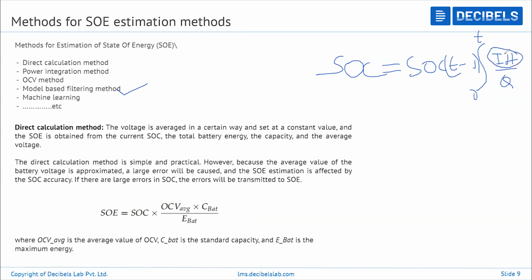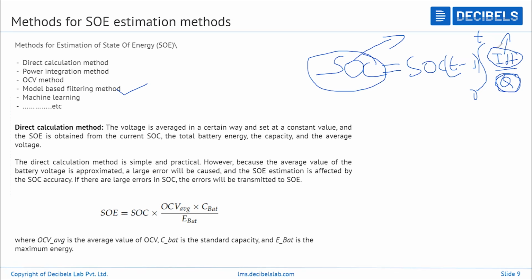We used to call this the instantaneous capacity, and if you divide it by the rated capacity, you get the SOC, the state of charge. Similarly for SOE, in the denominator you are going to put the rated energy,